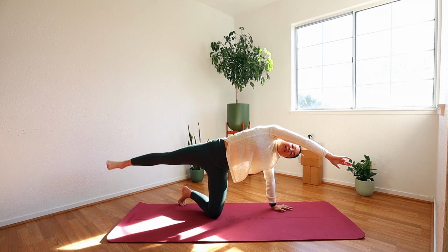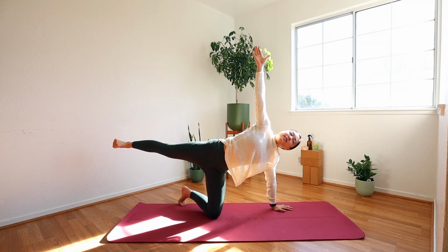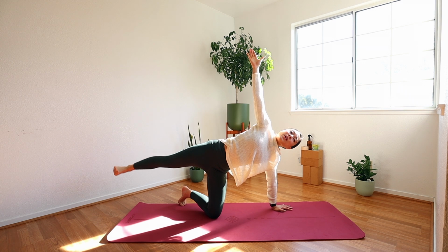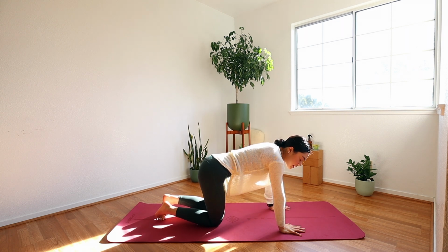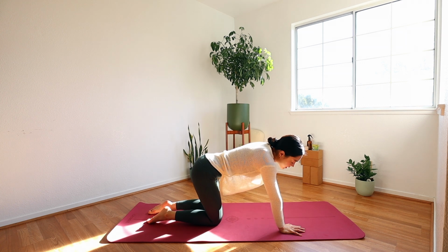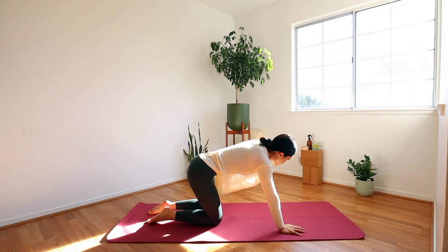Bring the foot in line with the hip, right hand high, engage the side core. Here for 3, 2, and 1. Plant the foot down, hand comes down tabletop. Now we are going to thread the needle. On the inhale, raise your left hand high, looking up towards the hands, and exhale, bring the left hand underneath